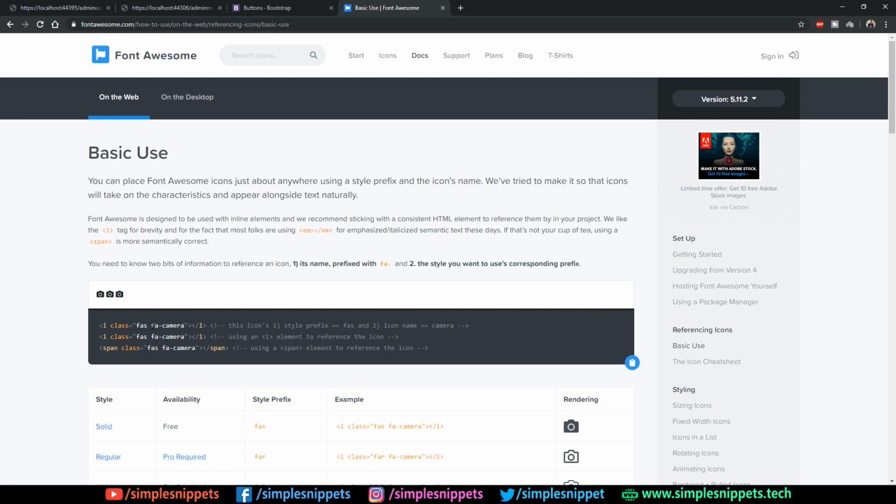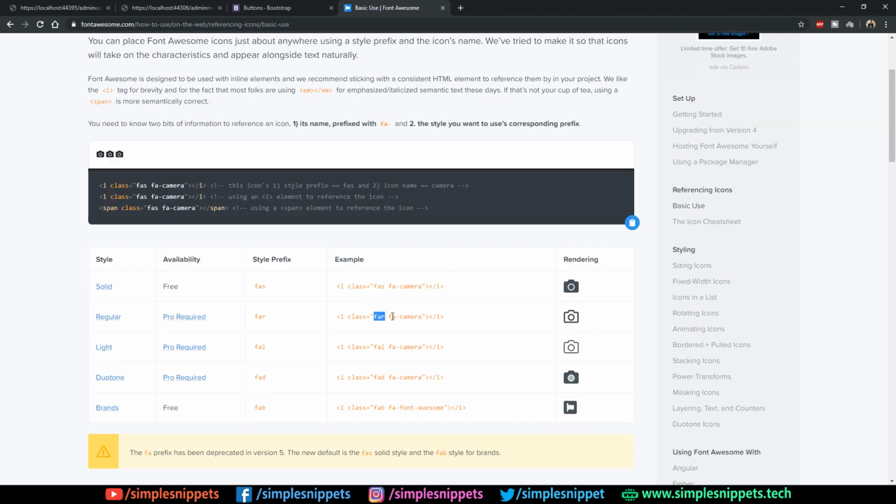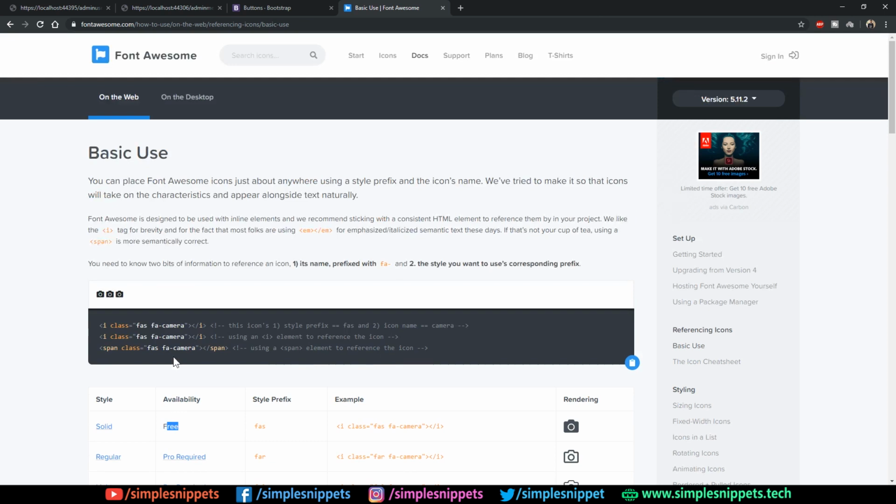We have different icons for different looks. You can see over here we have FAS, FA-camera. It would give you a camera looking like this. Then we have FAR, FA-camera, which would give an outlined camera. Now some of them are for free use, like solids. These are free to use. These are paid versions, which need the pro version, but most of them are free to use, and the free things get the job done. If you want, you can search the icons over here, whichever are free. Go to this link,